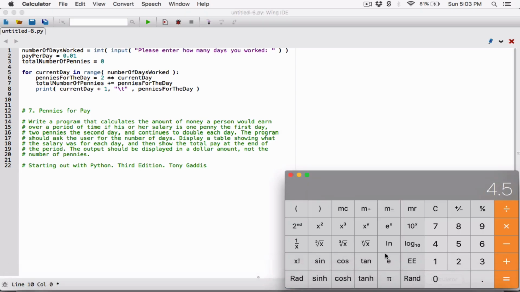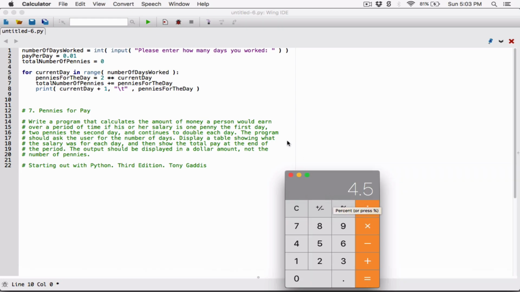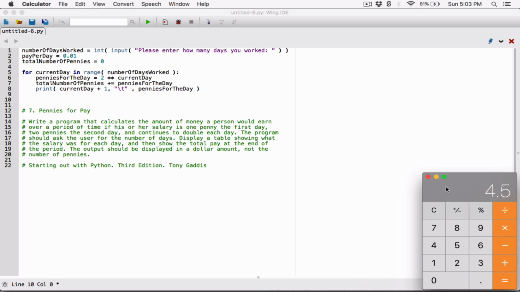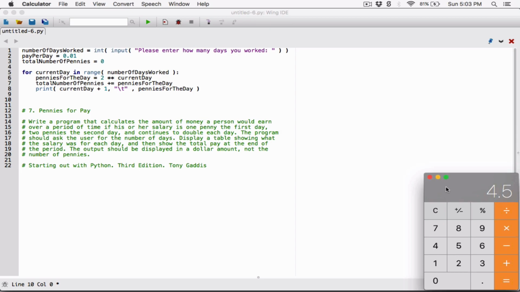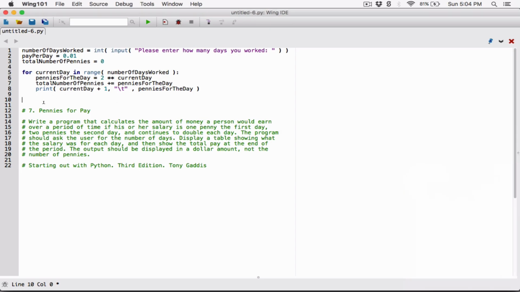All right. So yes, this is basically the formula we're going to use to calculate the total number of pennies, but in a dollar amount. Okay, so let's go ahead and do that. Let's declare another variable called total salary or total pay. It's going to be equal to the total number of pennies